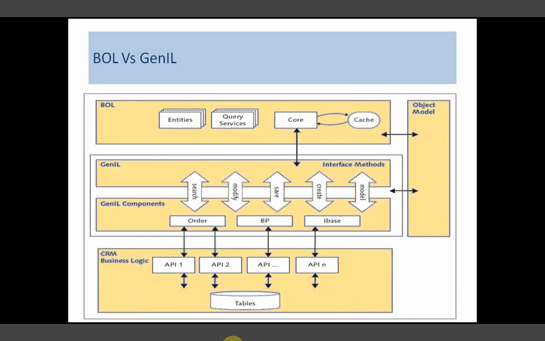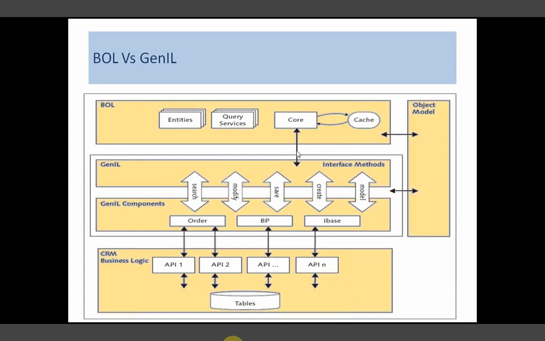That dedicated class is responsible for instantiating APIs, and that API is responsible for fetching the data from the underneath layer tables, and it responds back to the component, which is our dedicated class, and it responds to the upper layer.